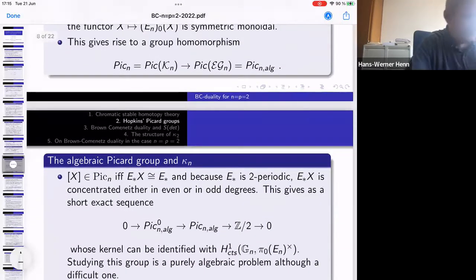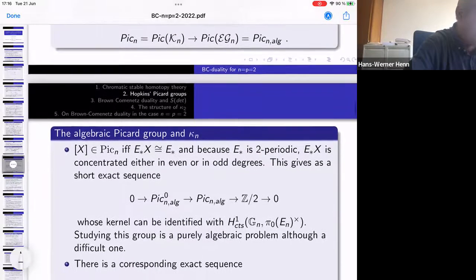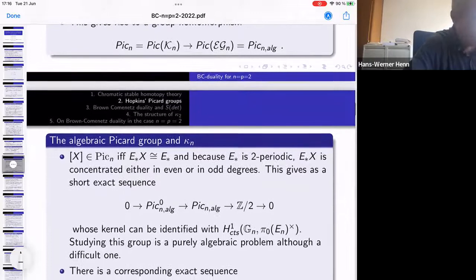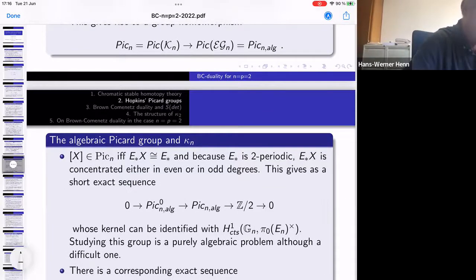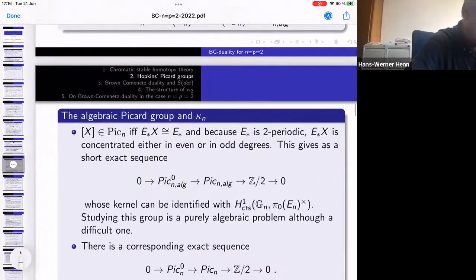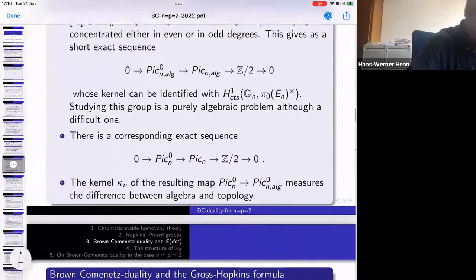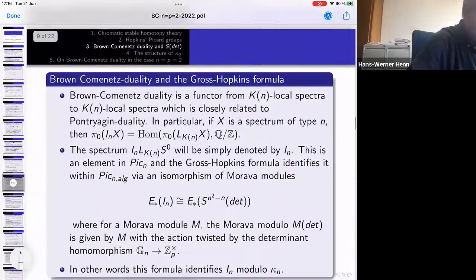And in fact, well, I think I can actually skip the next page. Well, okay, so yeah, I'm not going to talk much about the Picard group. So this is a file which is partly recycled from a talk I gave last year. And I think I can actually skip this page. Okay, so